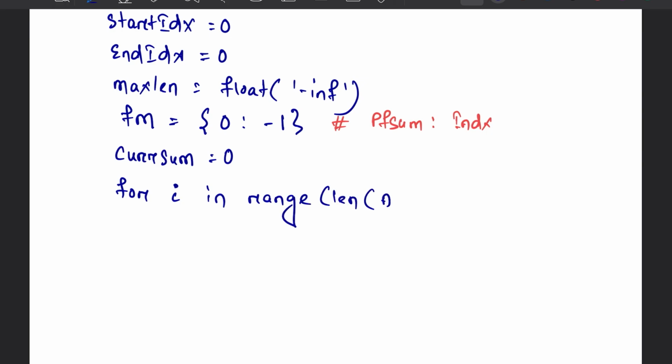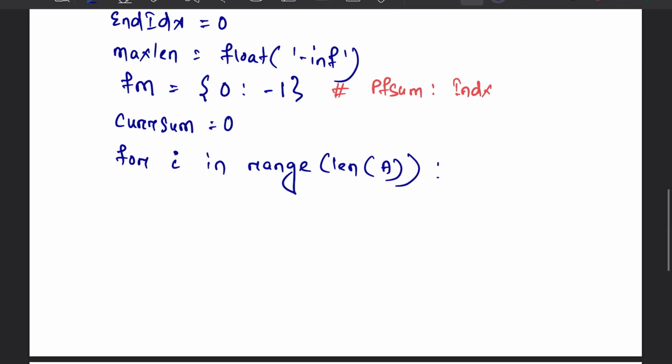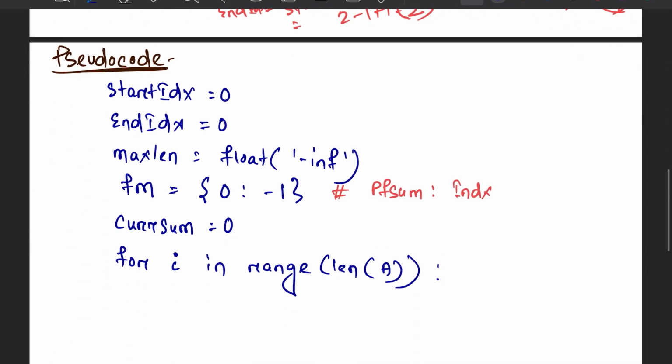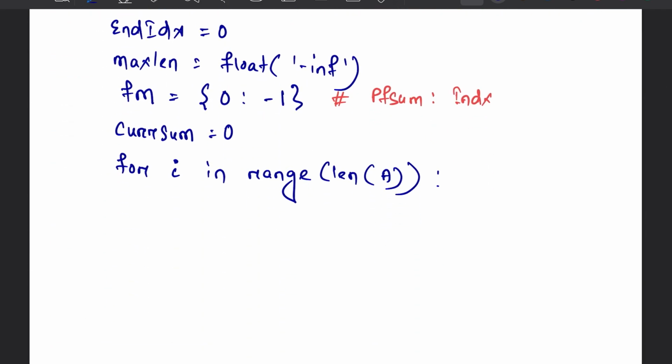Okay, so now what we will do is, first what we did, first we found the prefix sum, so we added ai to the current sum. So we will get the current sum as, we added to this, right? So plus equal,